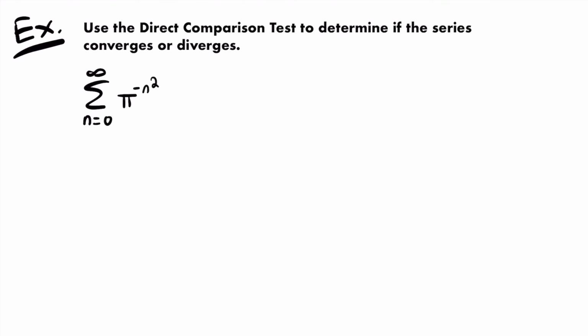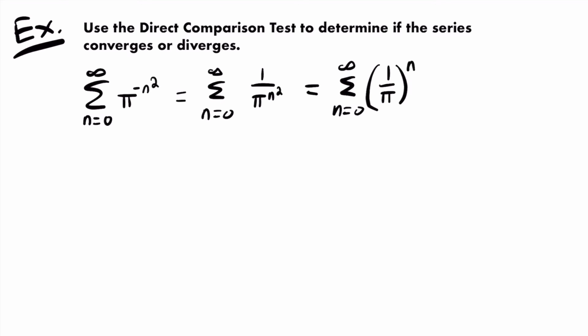Well, the first thing that we should do is rewrite this series a little bit. We can say that this is equal to the sum from n equals 0 to infinity of 1 divided by pi to the power of n squared, right? We can move that value to the denominator to make that exponent positive, and then what we can do is rewrite it again to be the sum from n equals 0 to infinity of 1 divided by pi to the power of n squared. Right, we can do that because 1 divided by pi to the power of n squared